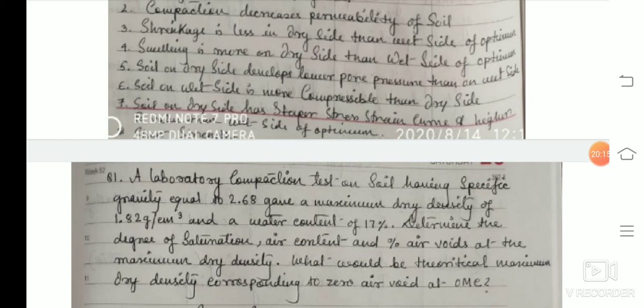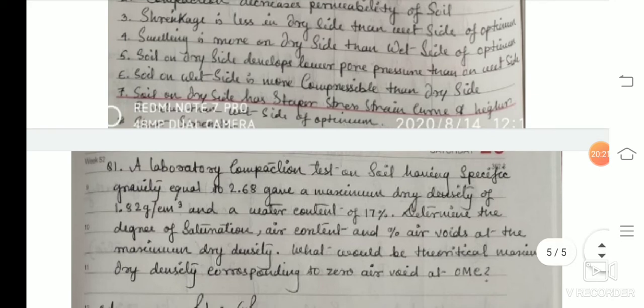Next, we come to the stress-strain characteristics. For a particular type of soil, one compacted on the dry side of optimum has a steeper stress-strain curve and hence a higher modulus of elasticity than the same soil compacted on the wet side of optimum at the same density. Normally, the soil compacted on the wet side of optimum has higher brittle failure, while the soil compacted on the dry side of optimum does not.